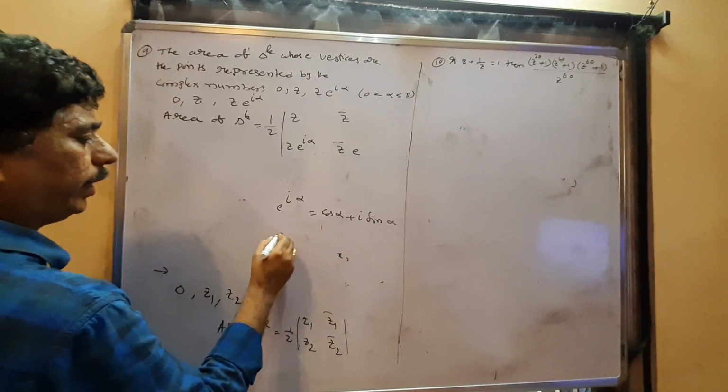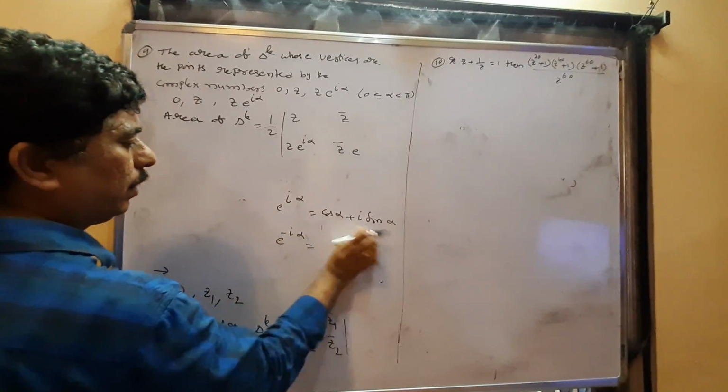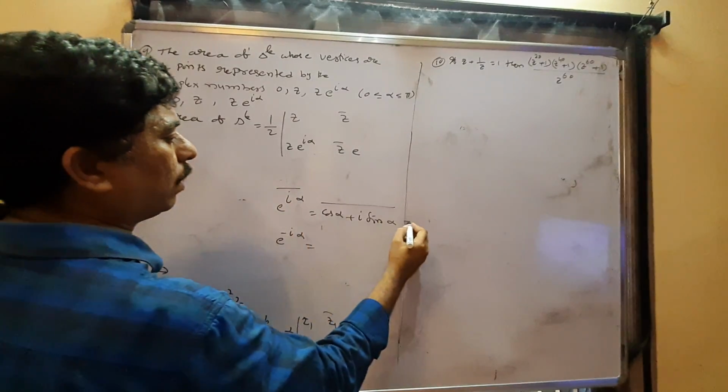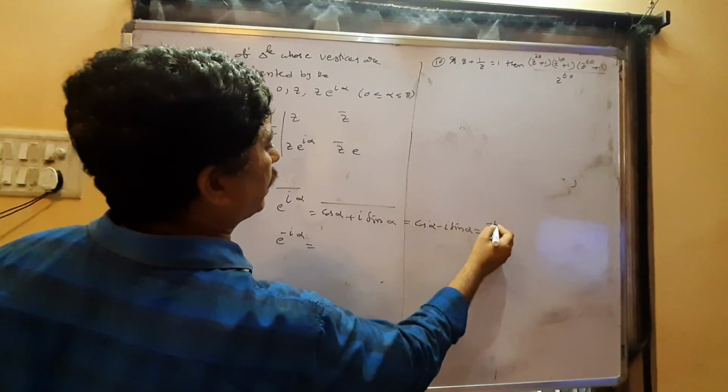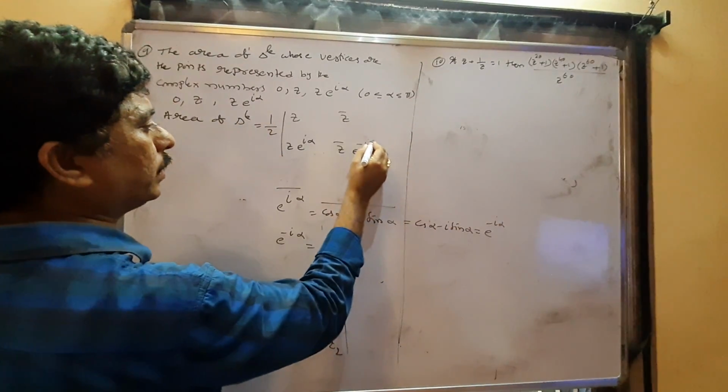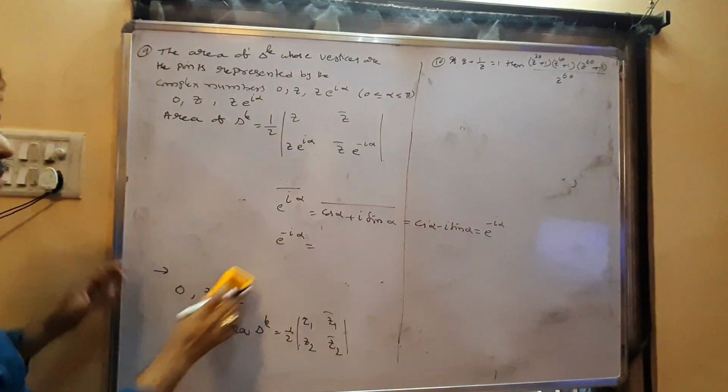If you take the conjugate, we get cos α minus i sin α, that is e^(-iα). So finally we get